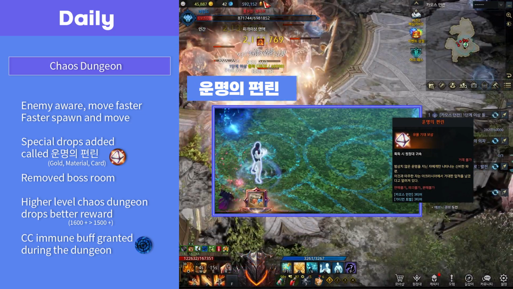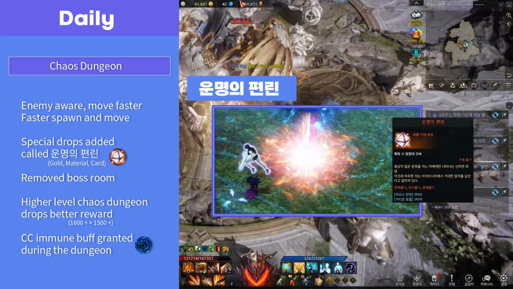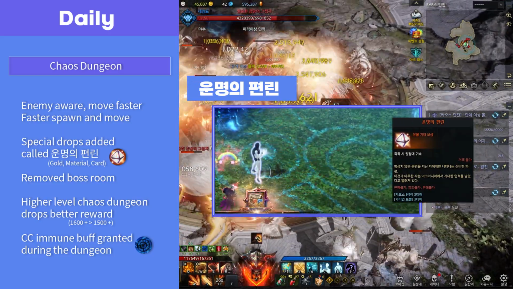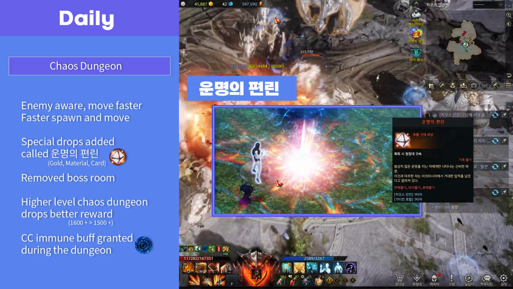As the structure improvements remove the boss room inside of the Chaos Dungeon, that boss room's drops are now replaced with 운명의 편린. So you can have some expectation on just simple homework. Besides, those aggro fixes also improve the clear time of the Chaos Dungeon, so it can be cleared faster